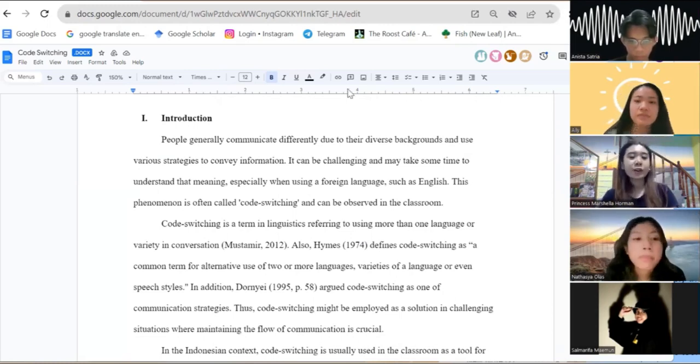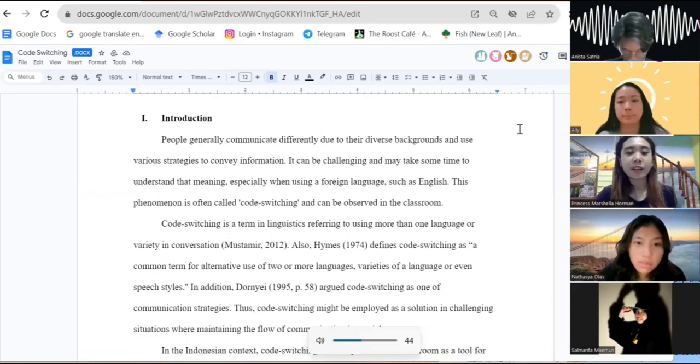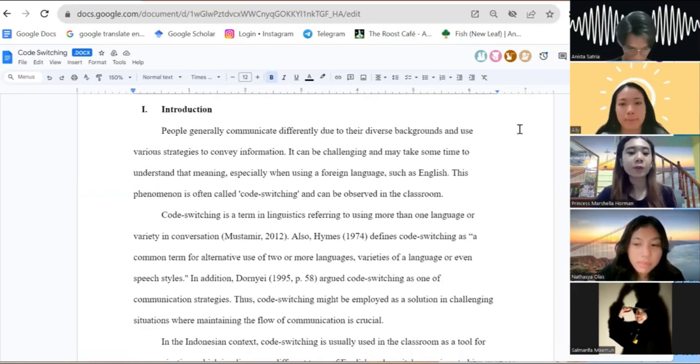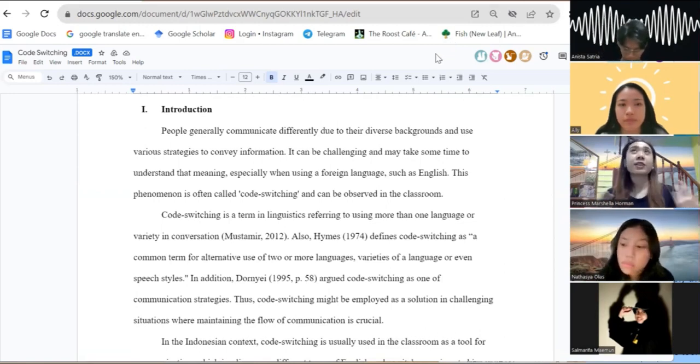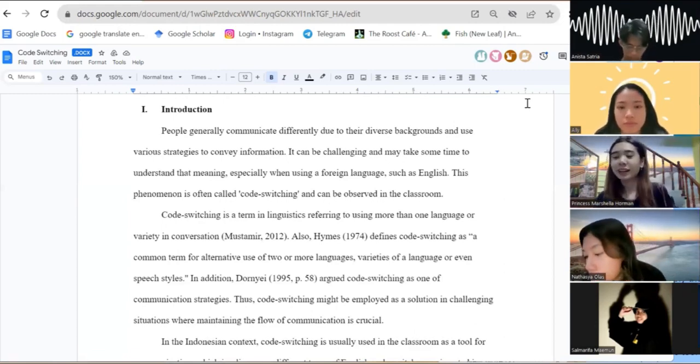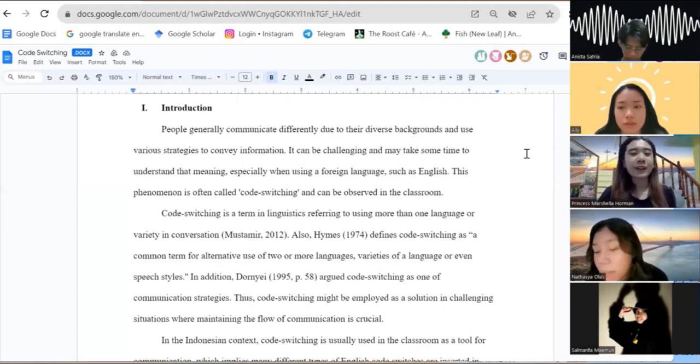Right. So to begin, people generally communicate differently due to their diverse backgrounds and use various strategies to convey information. It may be challenging and it may take some time to understand the meaning, especially when you're speaking in a foreign language, for example, English, you can get a little bit confused. But there is a term for it, and the term is called code switching, and it can be observed in